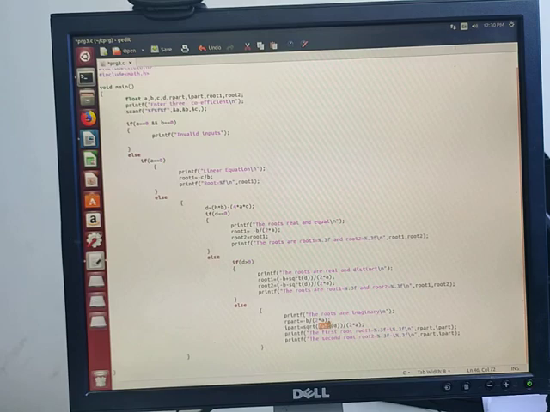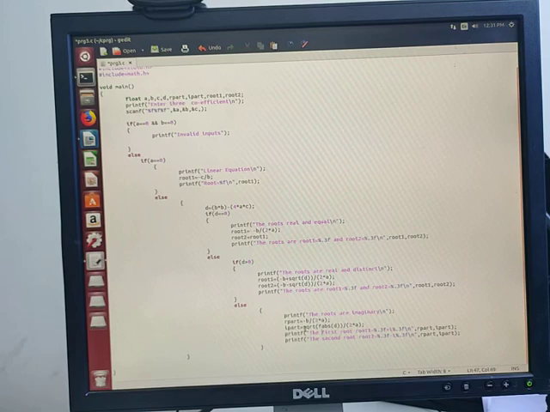Why do we require fabs here? Because the value of d is negative. In order to get the square root, definitely you need to convert it into an absolute value. When you convert to the absolute value, then you are able to find the square root.